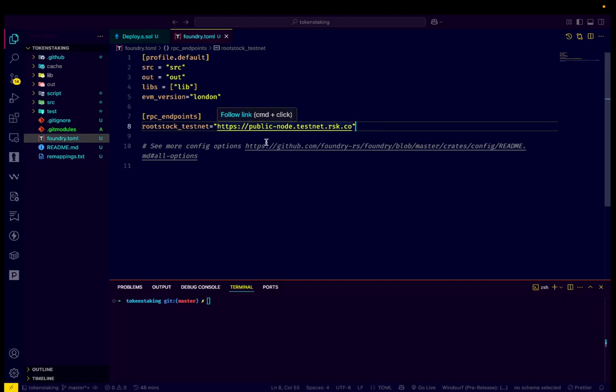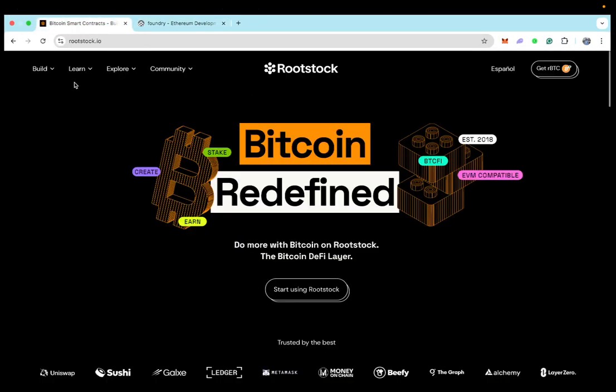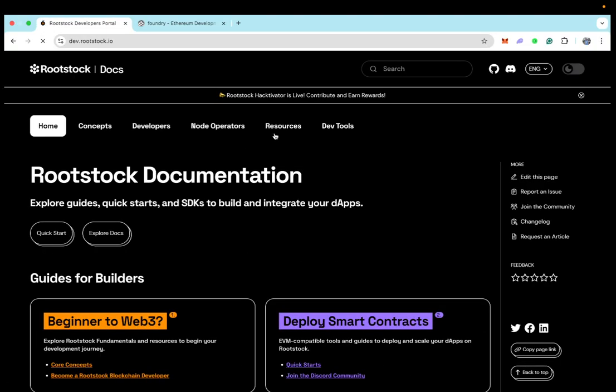So this is the URL, https://public-node.testnet.rsk.co. But if you go inside the documentation and let's find it here, RPC